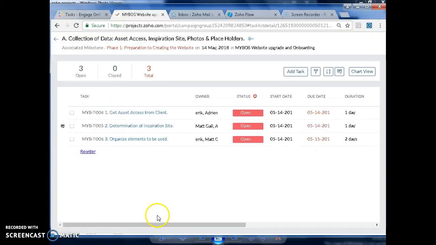So if I close this, and then once you are done, so if you're done with this, close it. If you're done with this, close it. If you're done with this, close it. Just make sure that you speak with the person. See, the owner is Eric. It's Nino and Adrian. Make sure to talk to each other first before you close it. Same goes